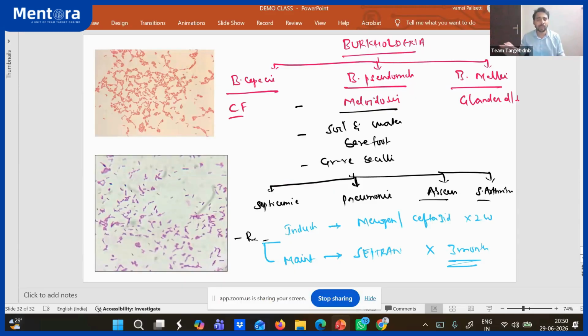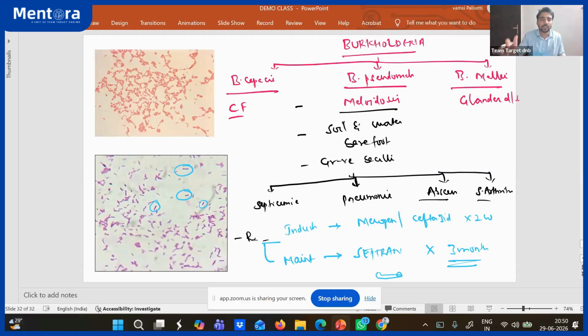Yeah. So these are extra points for melioidosis. Very important thing, because they just asked about this thing. They will discuss about this thing. So one more important thing here. We see the image. This is the safety pin. So colonies are like safety pin. So this is the safety pin appearance. Okay. If you see colonies here, the safety pin colonies. Okay, safety pin.